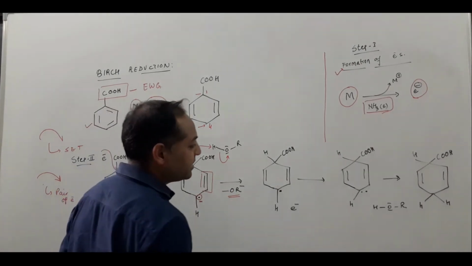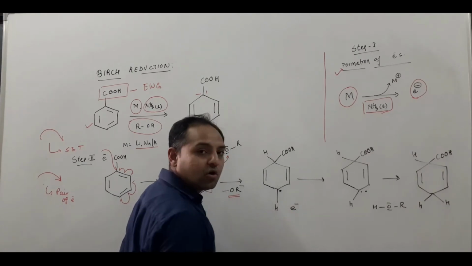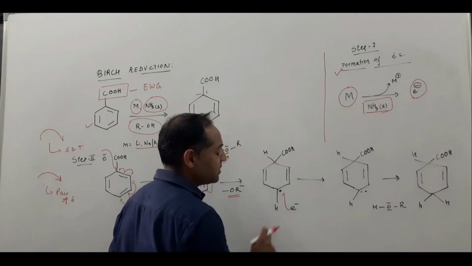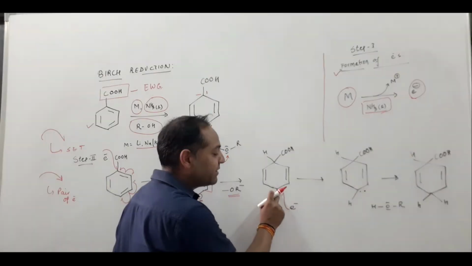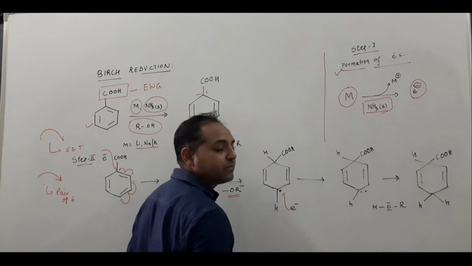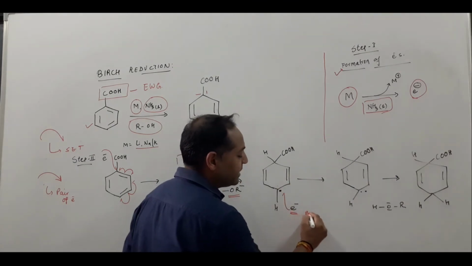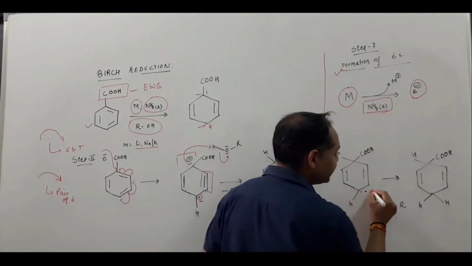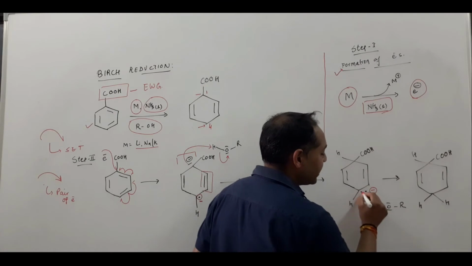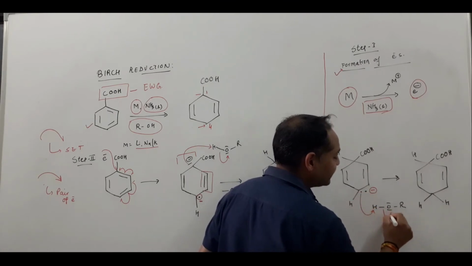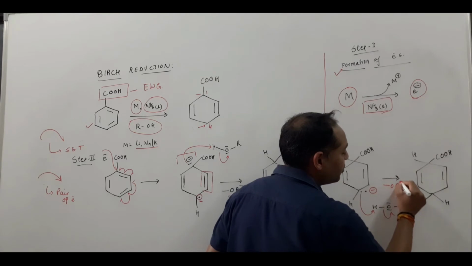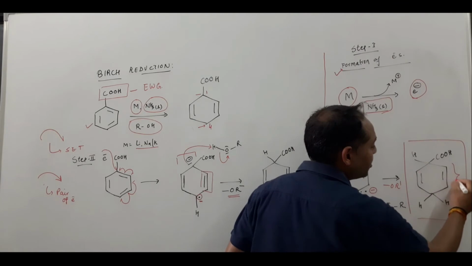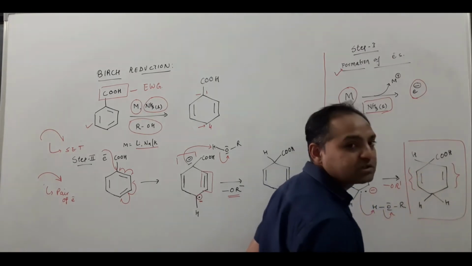removed. Then again there is a role of the metal, where it transfers a single electron. So single electron transfer here. One electron is already there at the fourth position, and here one electron is transferred by the metal. It may be lithium, sodium or potassium. Then here there is a pair of electrons again that accepts the proton, and this alkoxide is removed. So in this way we get the product where none of the pi bonds has a substitution on it.